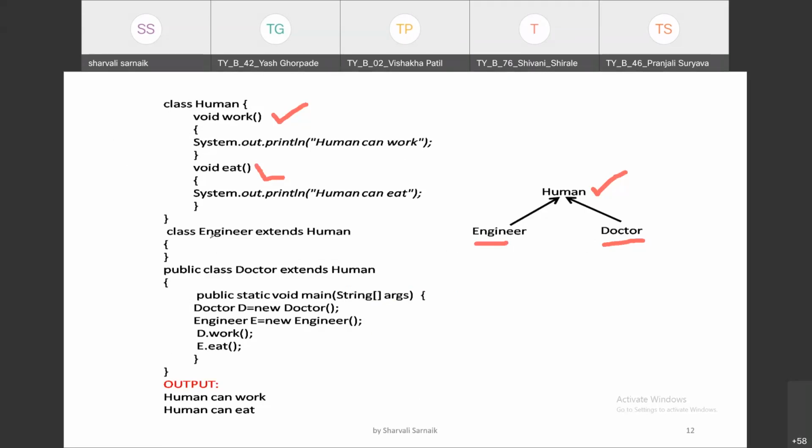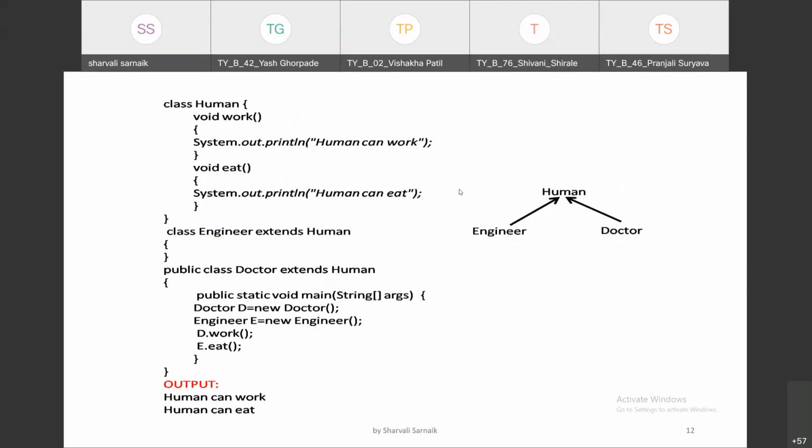The engineer class is extending the features of the human class, and similarly doctor is also extending the human class features. Now we will create objects of the engineer class and the doctor class, and with the help of those objects we will call the functions of the human class. So this is the example of hierarchical inheritance.